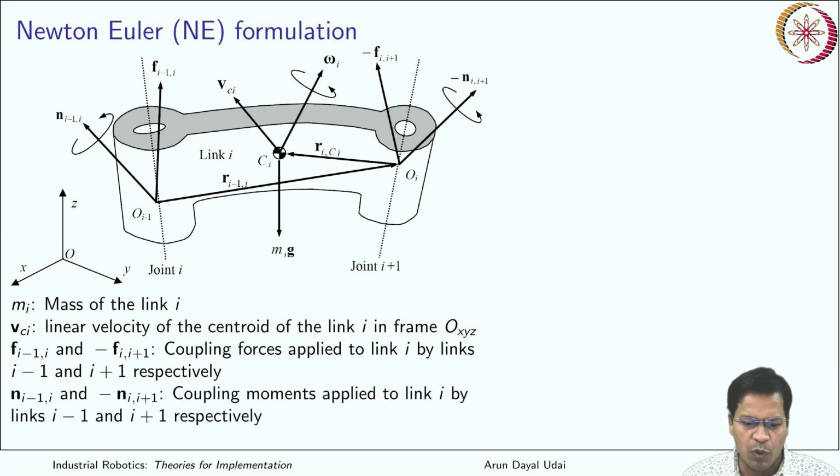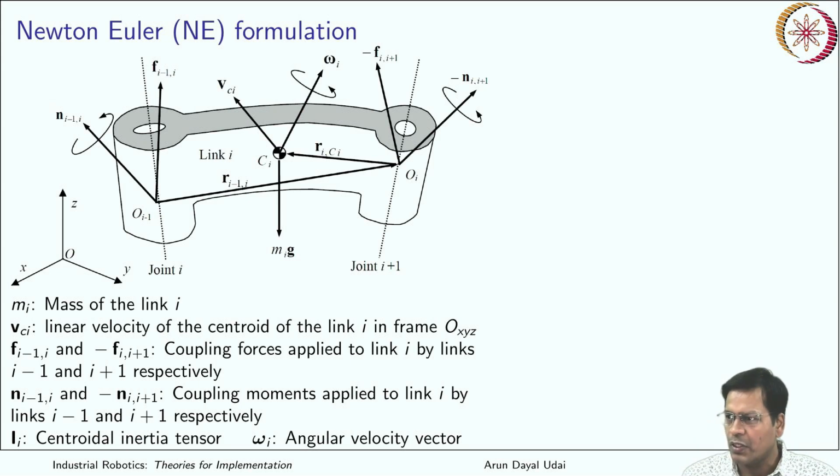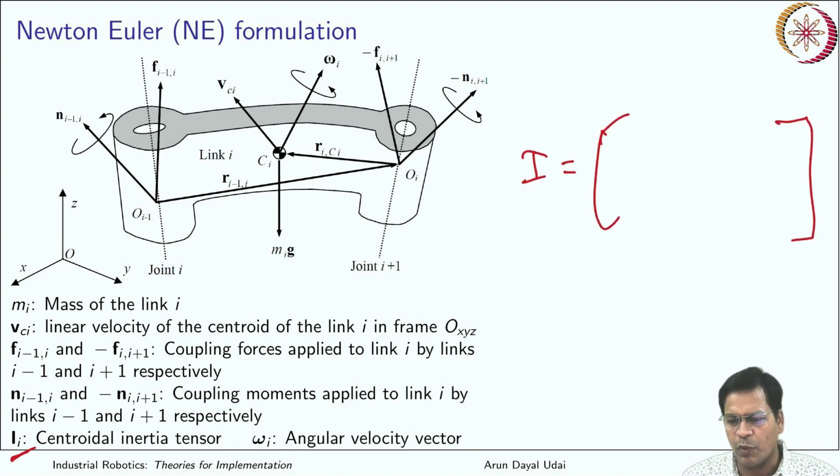Okay, and you have moments, the coupling moments that are applied on the link by the links i minus 1 and i plus 1 respectively. Those are here. Okay, and you have the moment of inertia tensor. You know the moment of inertia tensor, it looks like this. You have the principal moments of inertia that come here, Ixx, Iyy, Izz, and then you have the product moments of inertia,